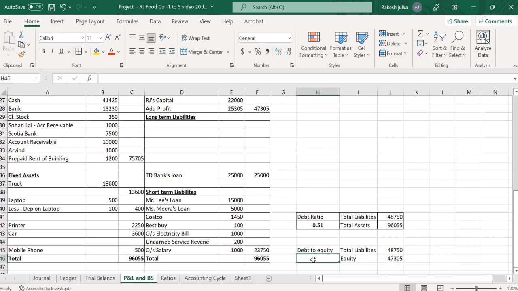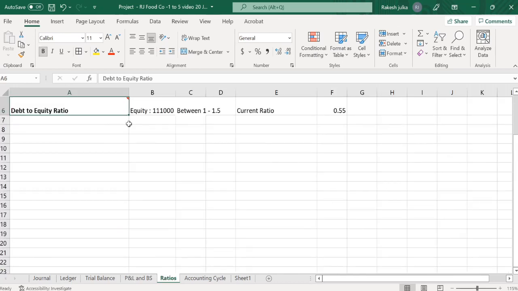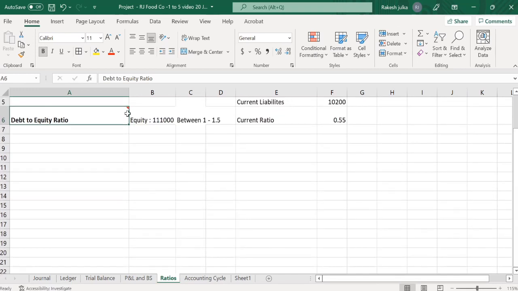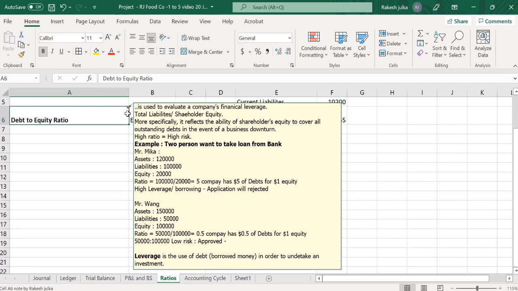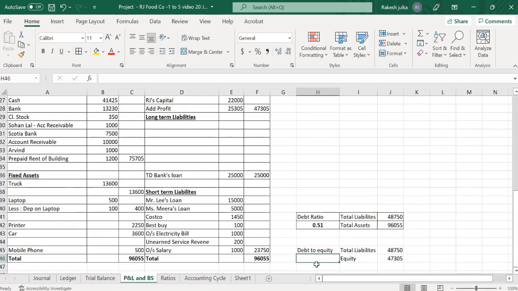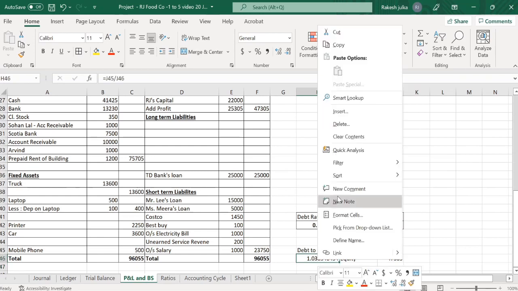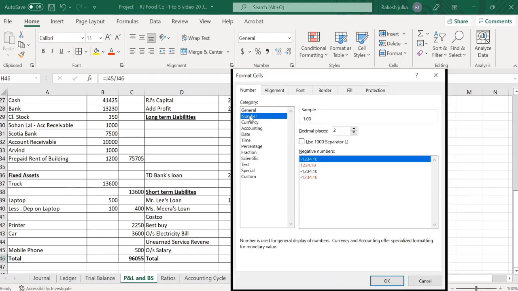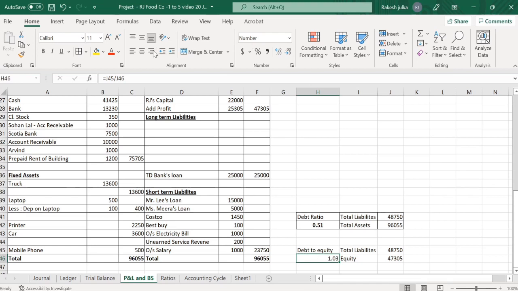Now the debt to equity ratio. The formula is total liabilities divided by shareholder equity or total equity. You can see it here, this is the formula. Now look at this. Equal to sign total liability divided by equity means 1.03. So we have 1.03 of